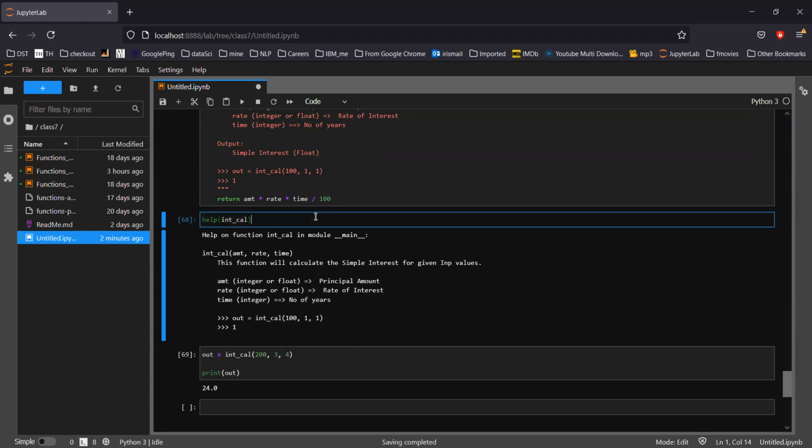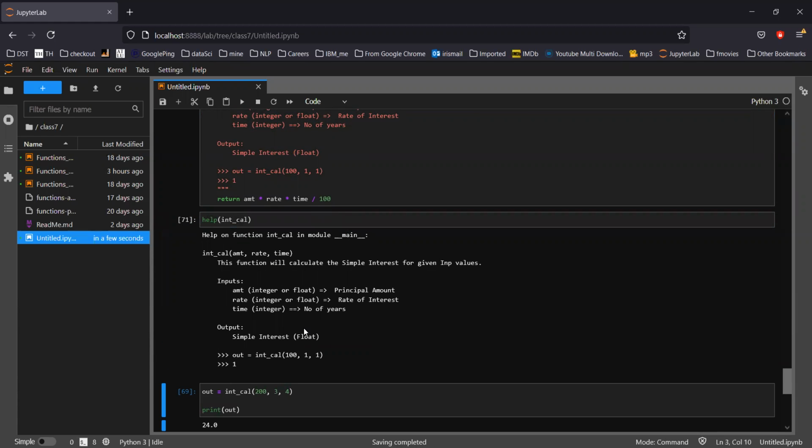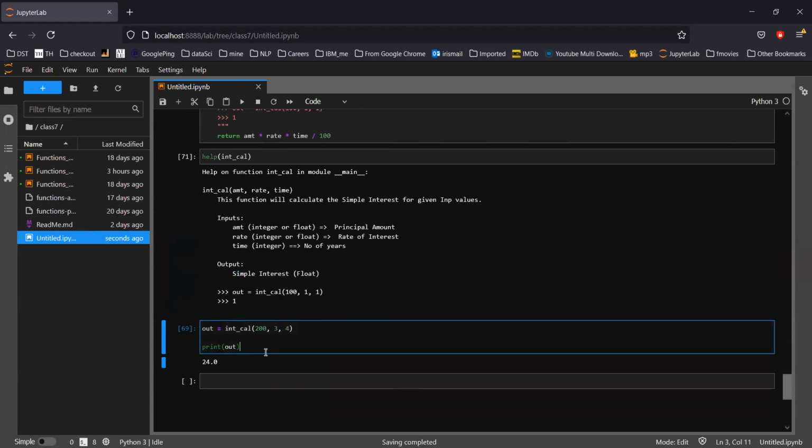If someone does this, then as a user I know this function expects this many input arguments, it will return me a simple interest, and it's very simple for me to use this function.